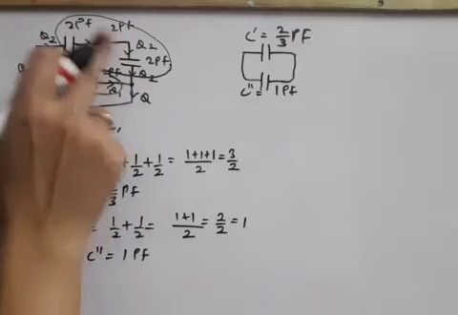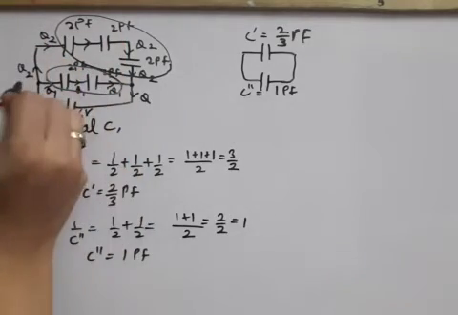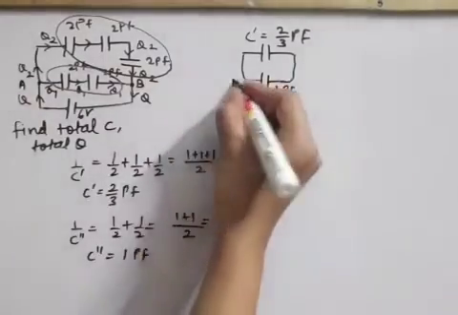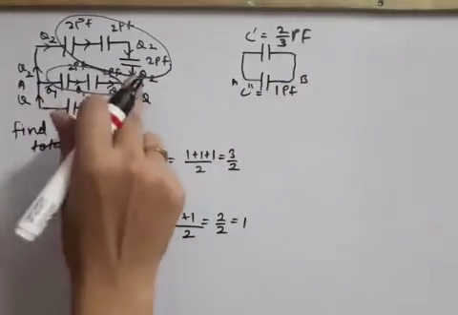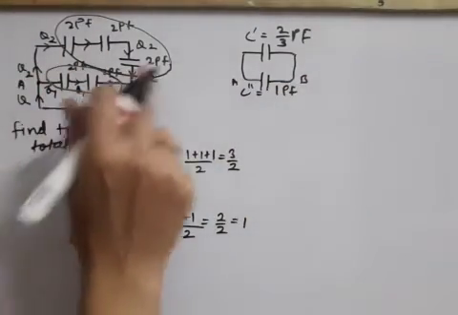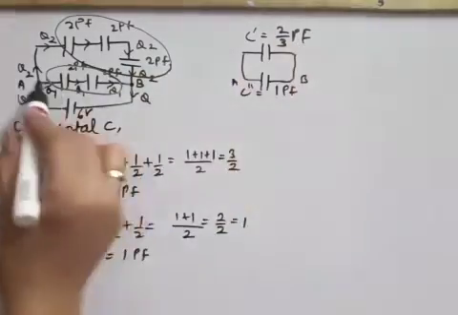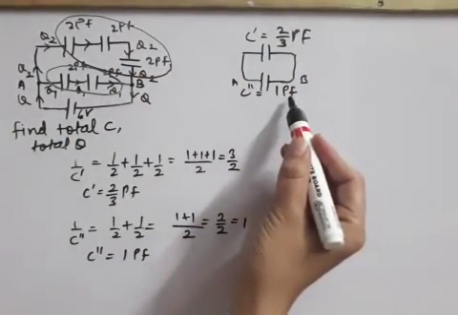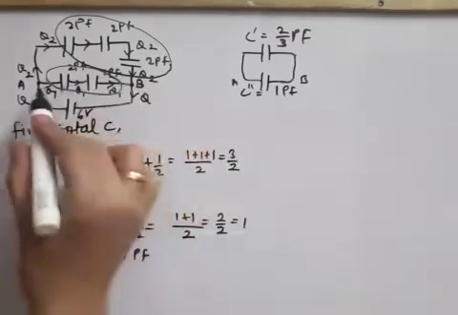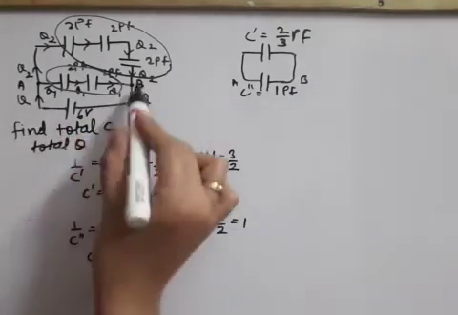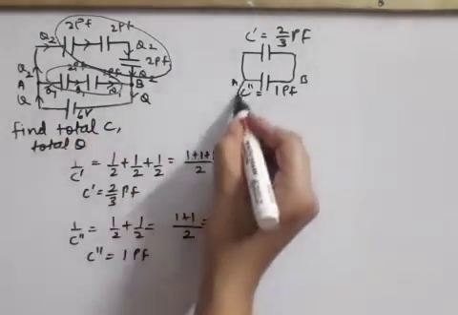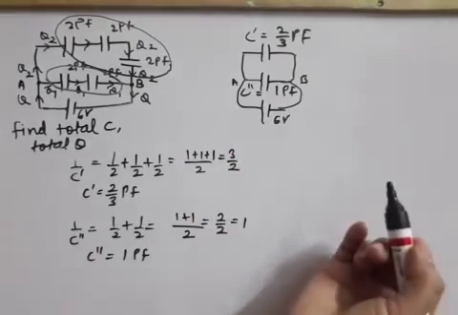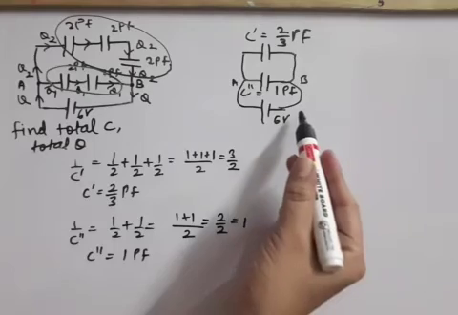So in place of upper branch, if we call it A point and if we call it B point, so between A and B, upper branch net answer is 2/3, and between A and B, lower branch net answer is 1 picofarad. So between A and B, one battery is also shown. So let us show this battery here. This is of 6 volt. Now we have to solve this circuit.